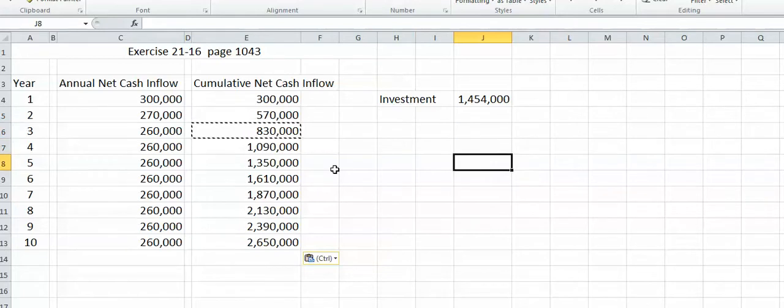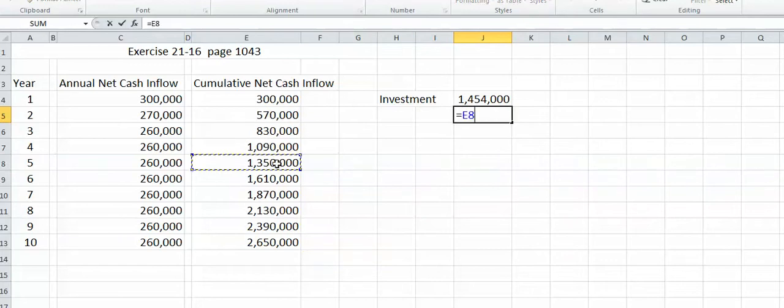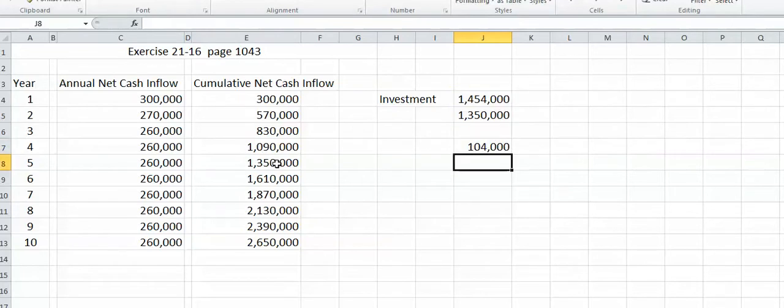So what we want to do now is find out what the difference is, what it's going to take to get from that $1,350,000 to our investment of $1,454,000. So let's find out the difference. And it's $104,000. So now the question is, what part of that